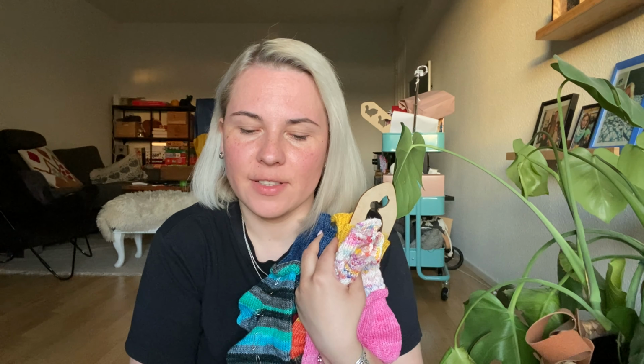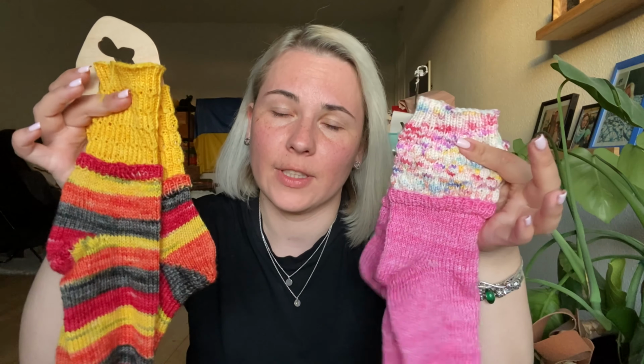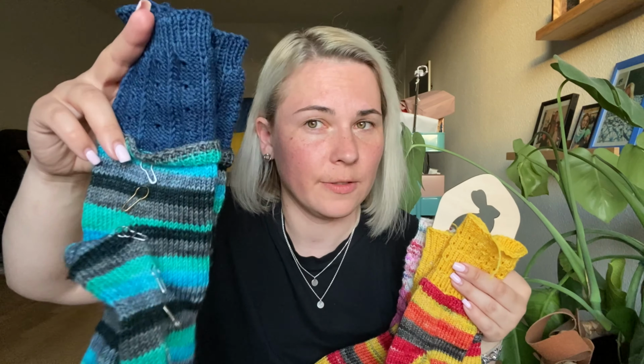Yeah, my plan is to publish this pattern the day the video goes live. I'm gonna try. There's one more video that I want to record about how to pick up stitches for the second part. I made the video on how to pick up stitches for these two pairs, but there's a different way to pick up stitches for this one pair, and I didn't make it yet. So